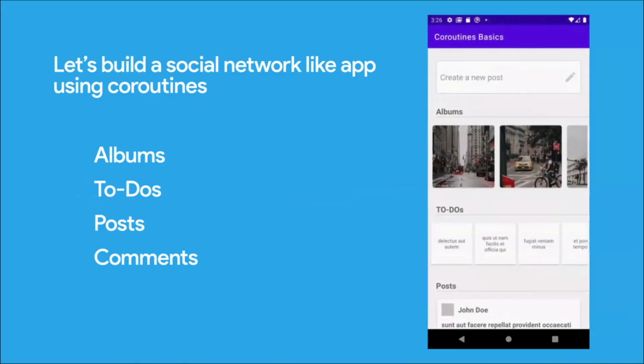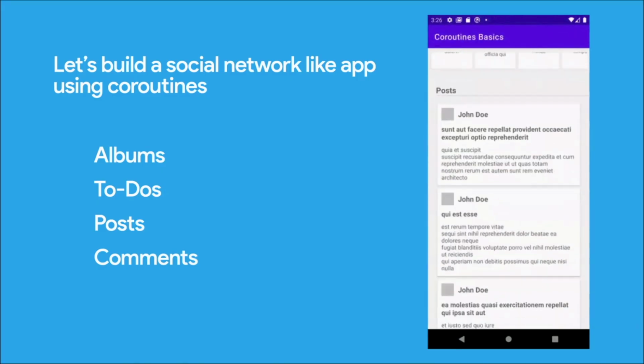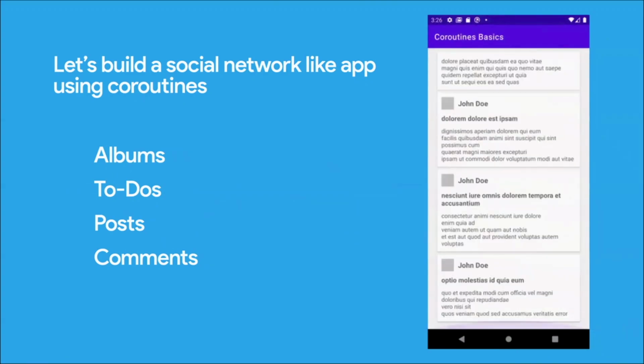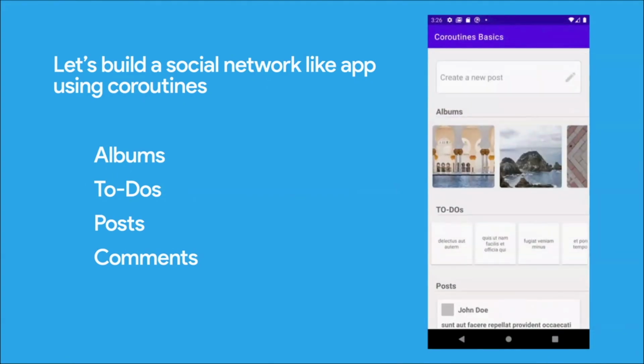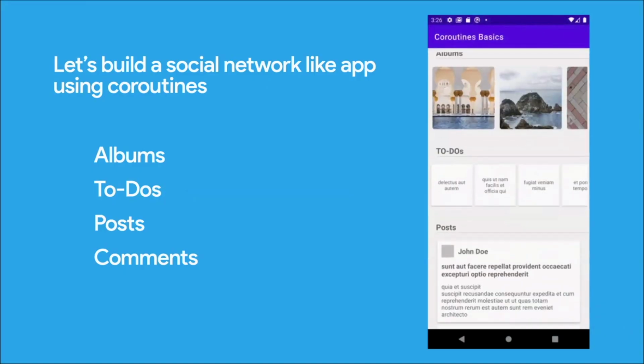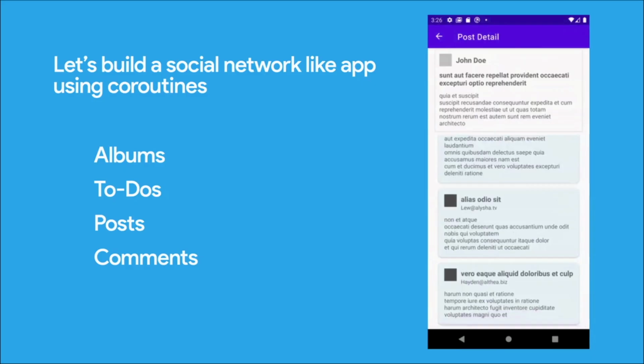So we'll have multiple modules. We'll have a set of albums. We'll have a set of to-do items. We will have a list of posts. Inside of the posts, we'll have a list of comments. So let's see how we can